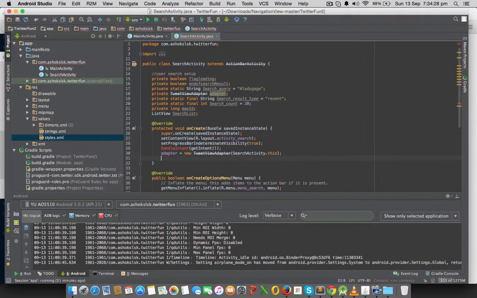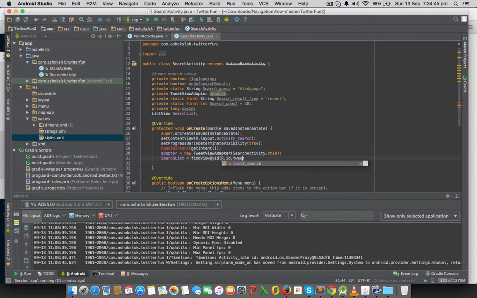So that's the context for that adapter. And next I'll initialize my search list, the list that I have declared there, tweetSearchList. Probably you remember we gave it tweet search as an ID, and I'm gonna cast it to the list view. So our list view is ready,